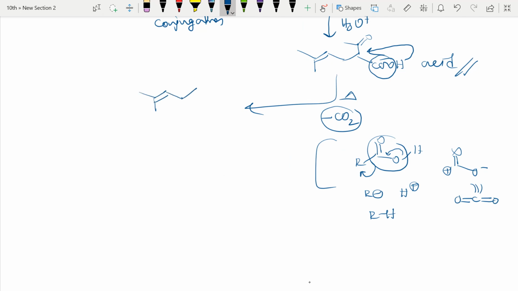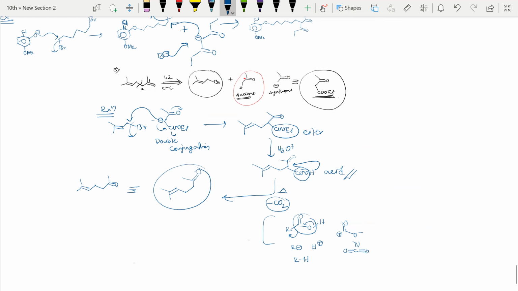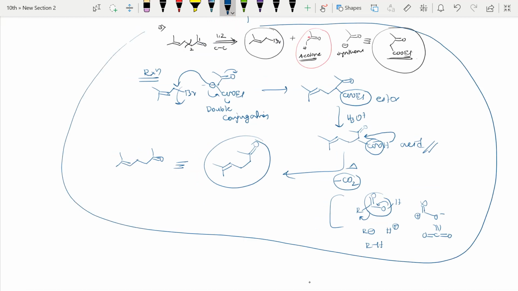So this is our starting material, right? We can write it like this also, or we can write this one. If I just tilt it, you can observe this one, right? Both are equivalent. So this is our starting thing. See here, this is the starting material, and everything I have explained is only within this circle. So this is the retrosynthesis and this is the simple reaction. I hope you got it.